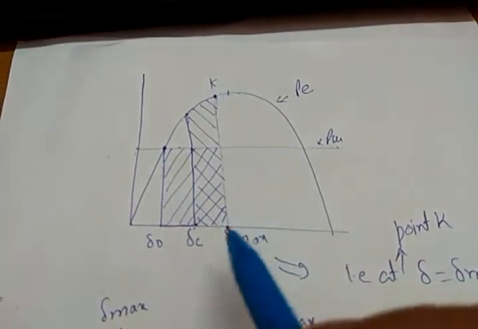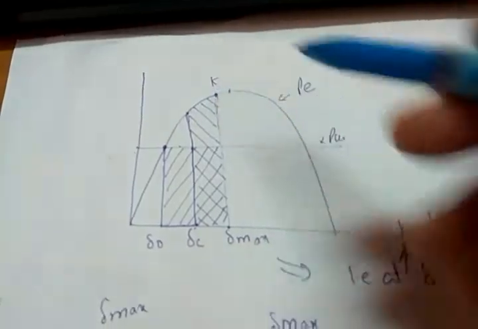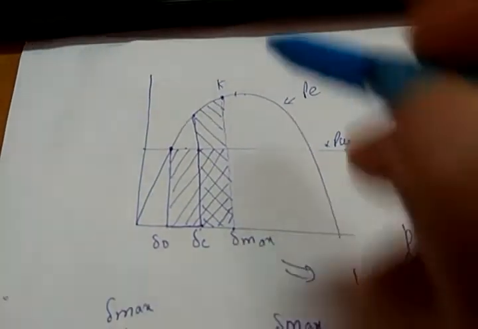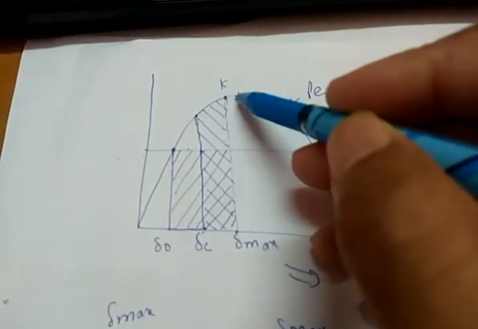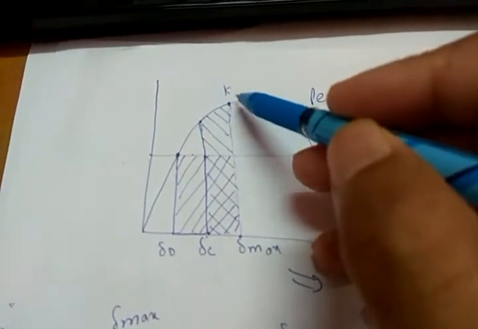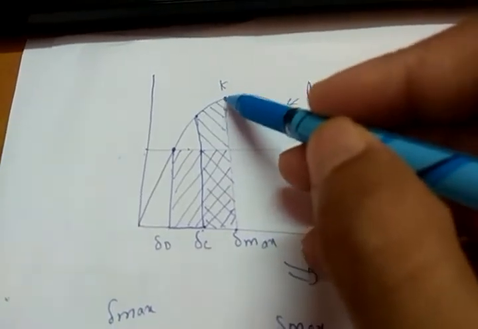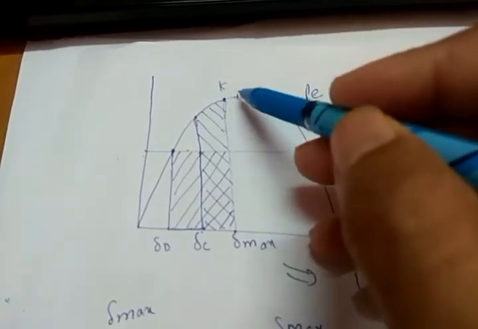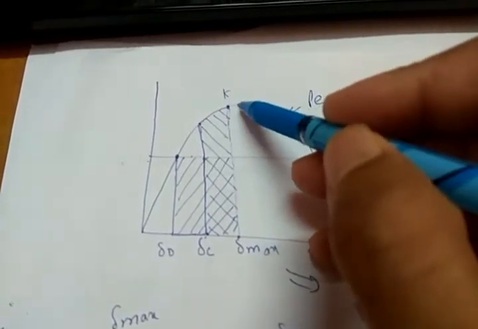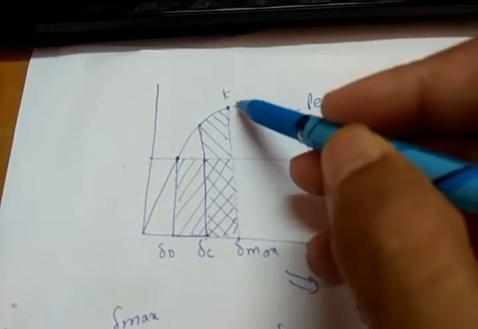So what is the area under the P shaft curve? The angle corresponding to this point, I am saying it is delta max, meaning delta goes up to a maximum at this point. If you measure d delta upon dt beyond this point, it comes out to be negative. Negative means that delta will not reach this point. Delta is reaching up to k only, it will not go beyond point k.